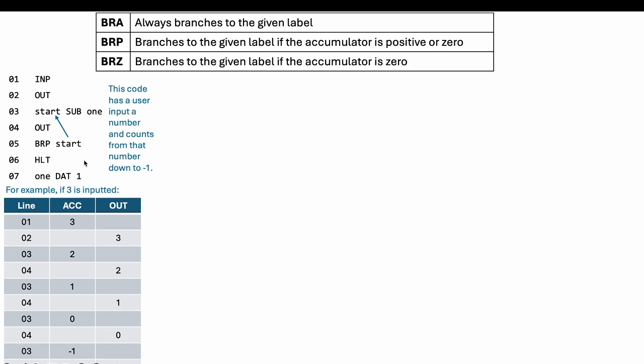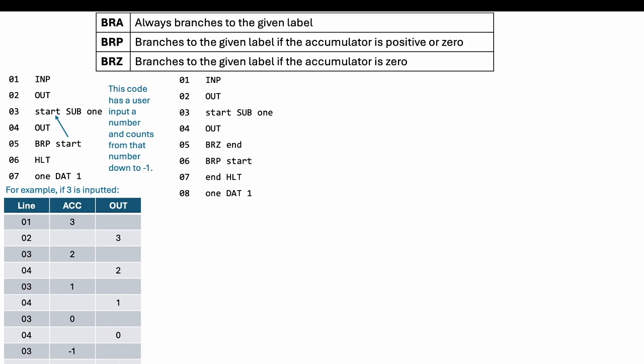Now, this is good, but oftentimes we want to count down to 0 instead, so let's think about how we could do that. So here, the code is the exact same, except we've got this extra branch on Z to end. So what this is going to do is the start will still branch. We've still got our loop here, but this time when we'd outputted 0, and that's probably where we actually wanted to stop. But because 0 was positive, we had to branch on positive back up to start. Here, when we get to 0, because it's 0, we're going to jump to the end